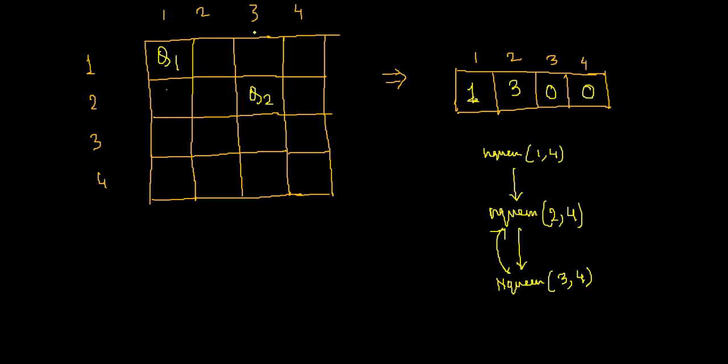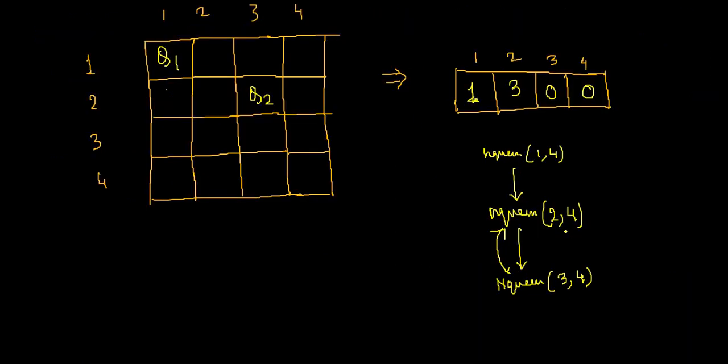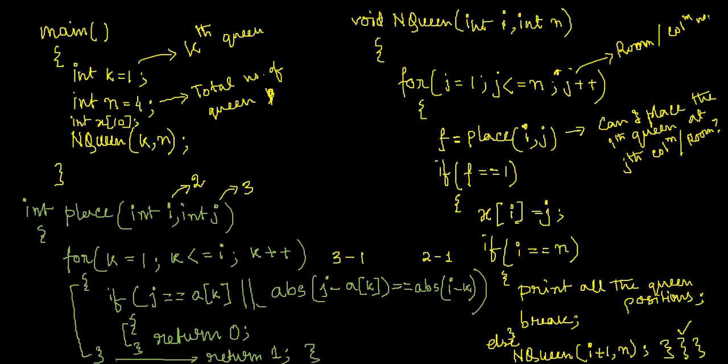And that is why you have placed this second queen in the third index. So now j will be incremented by 1 again and j will become 4 for the queen 2, 4 case. And this place function will be called again, as if checking whether it is possible to place the second queen. Now i is equal to 2 again, because we are going back to queen 2, 4. So can I place the second queen in the fourth position, fourth column?